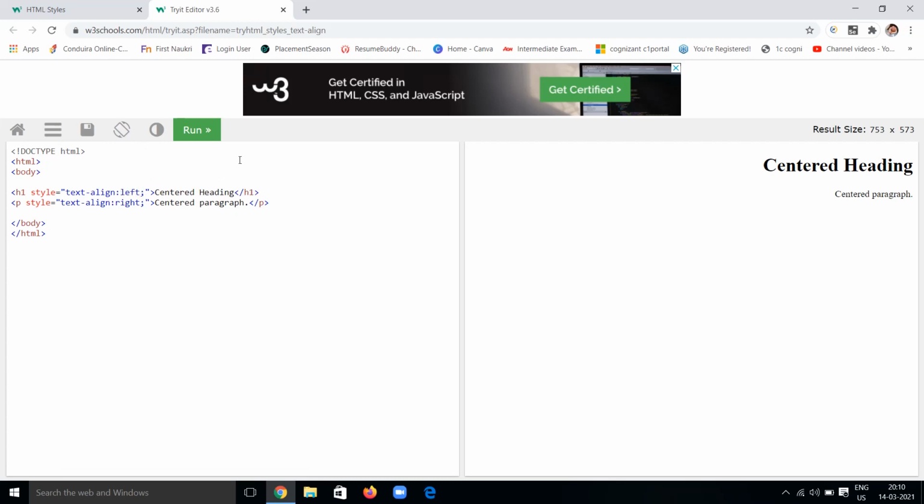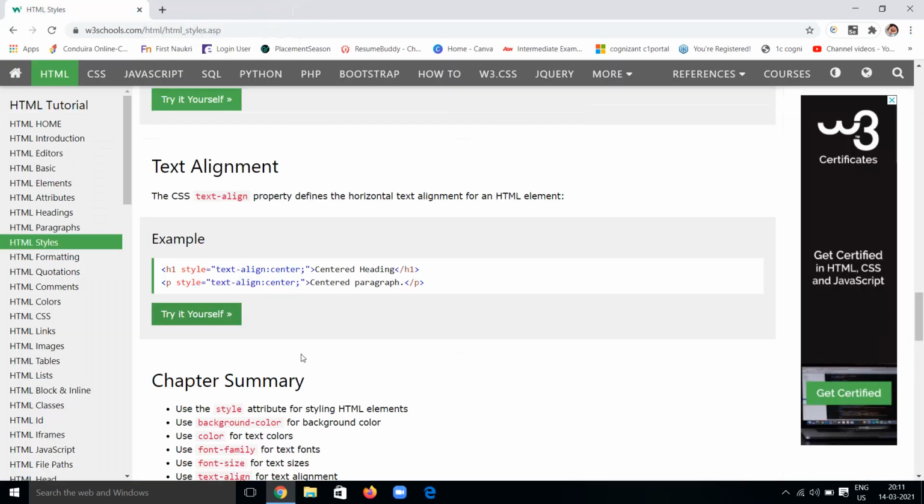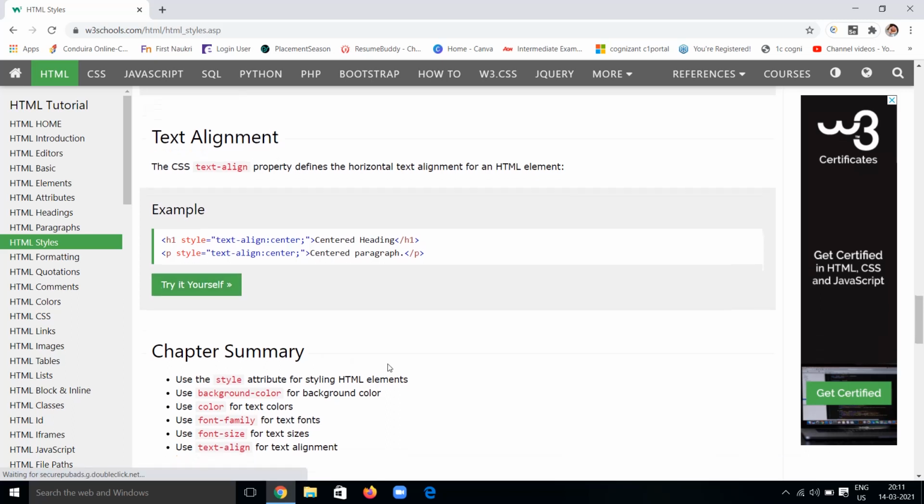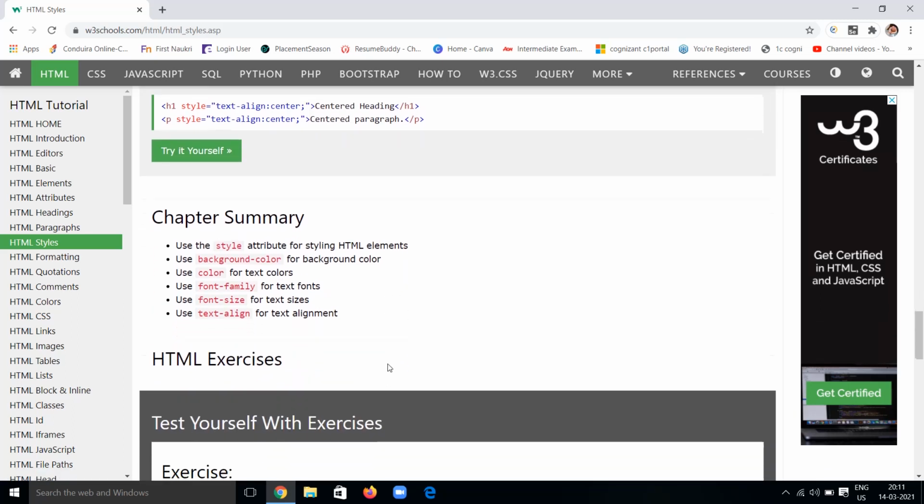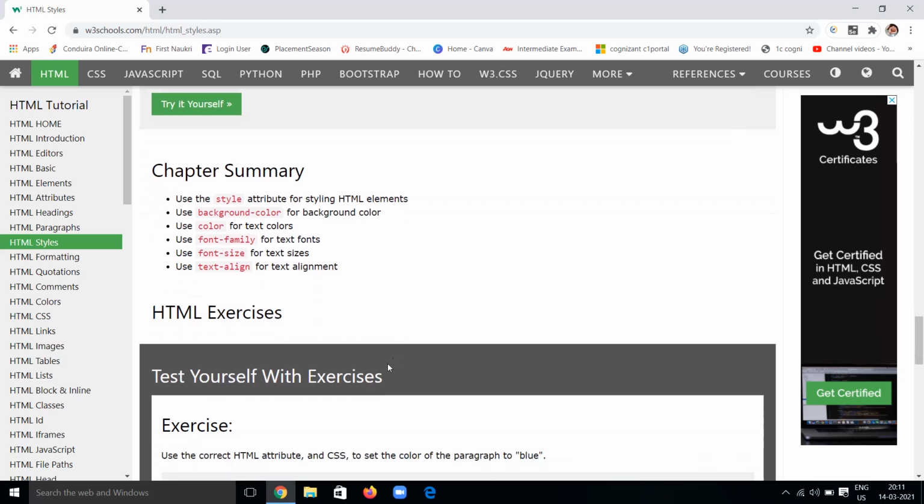So one will be left and one will be right, it's funny. Or both will be left, or we can give centered. Like that we can change the text align, which is also a property in the styling. So in the styling chapter, we have background color, font family, font size, text align, and everything.